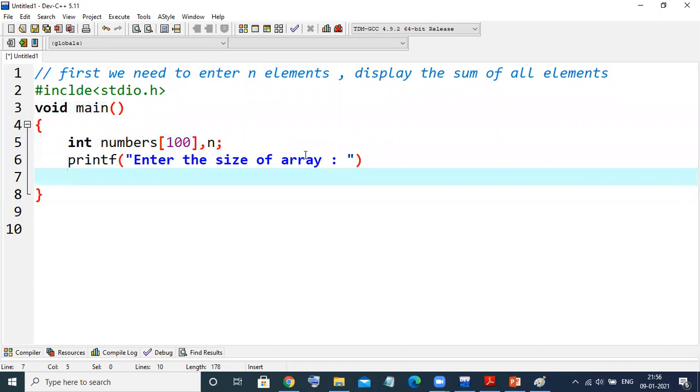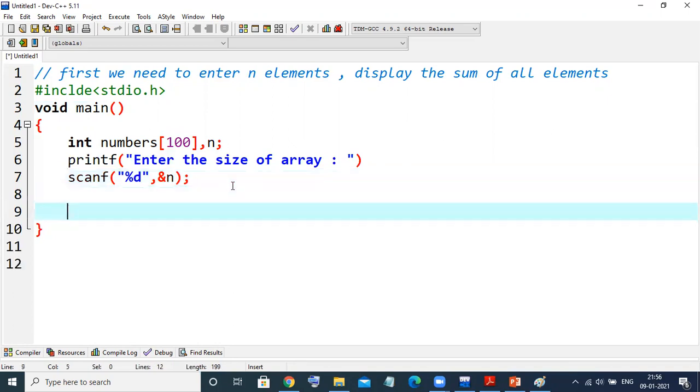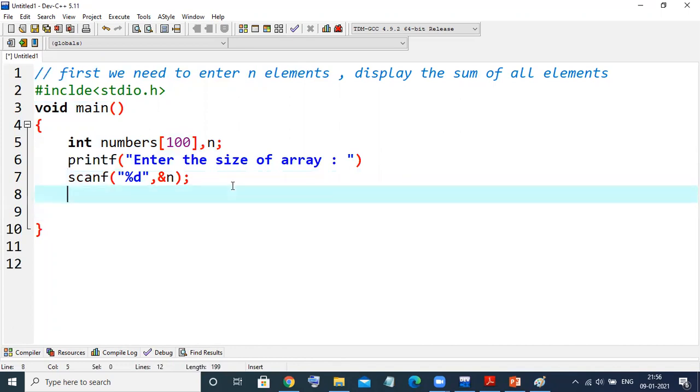So user will enter the value. So that value will be scanned into that particular variable. So we know that here the value will be %d because an integer value is going to be entered, address of n variable. That means I am getting the size of that particular array, the number of elements to enter into that particular array. Okay, now you know that very well how to enter the elements to the array.